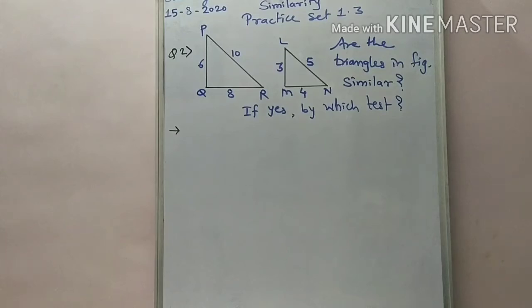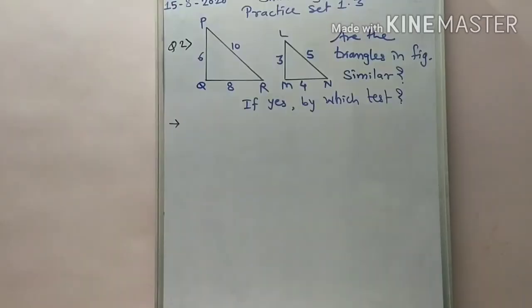As we notice here, students, we are given the measures of the sides of both triangles. If the measures of all sides are given, then by which test do we verify whether these two triangles are similar or not? Yes, we verify by the SSS test. It means that if the sides of one triangle and the corresponding sides of the second triangle are in proportion, then we can say these two triangles are similar triangles.